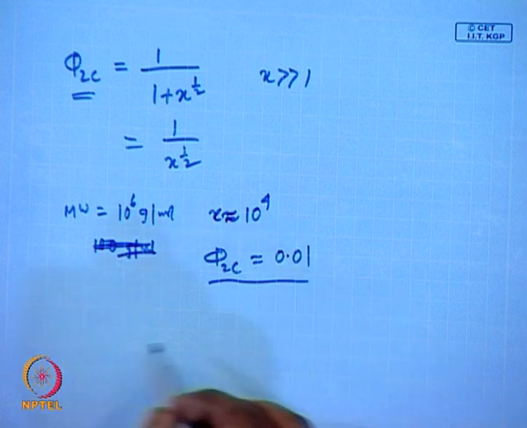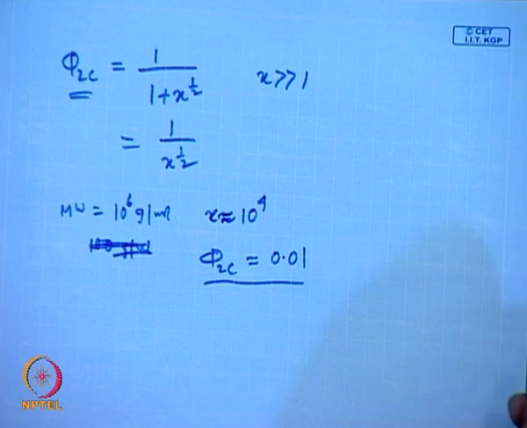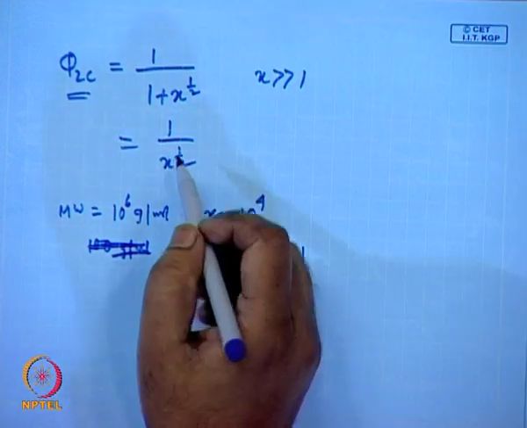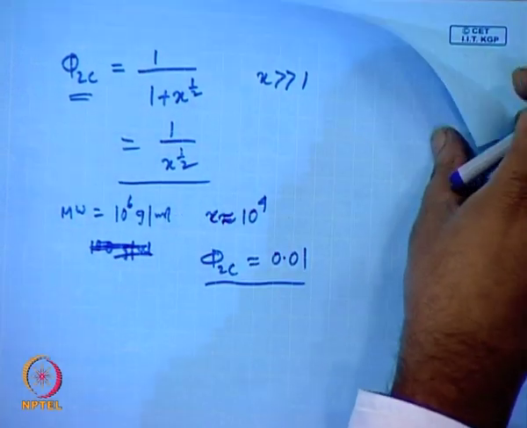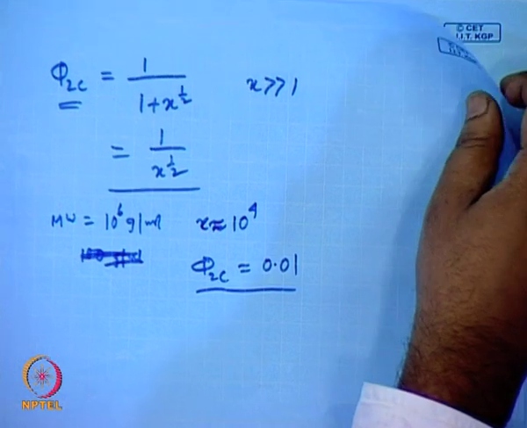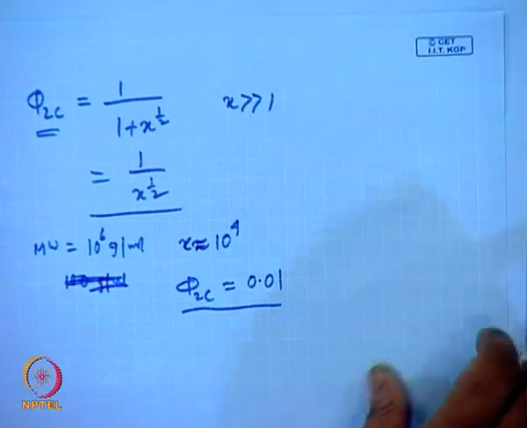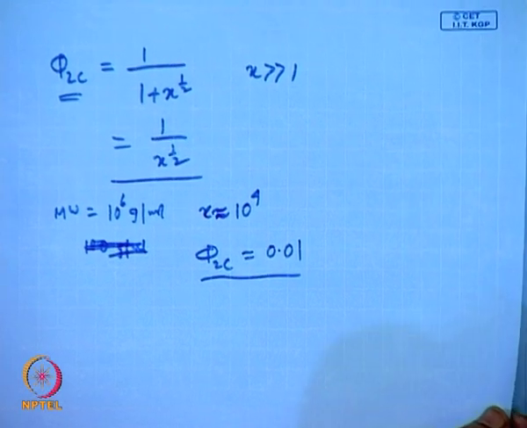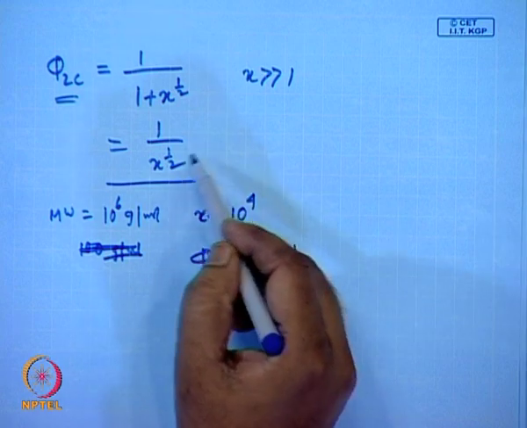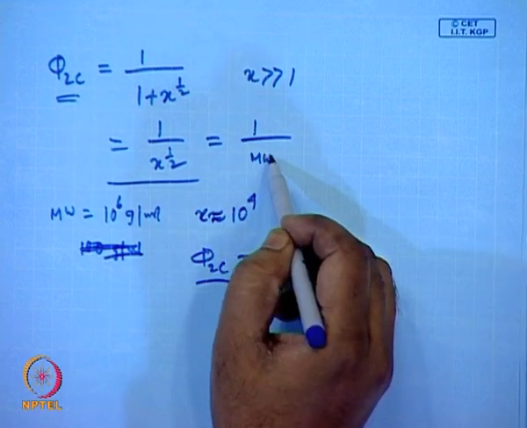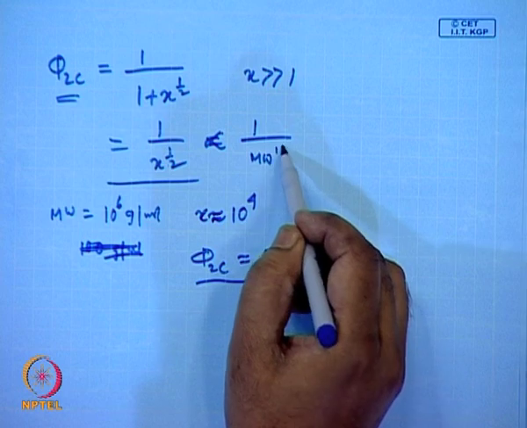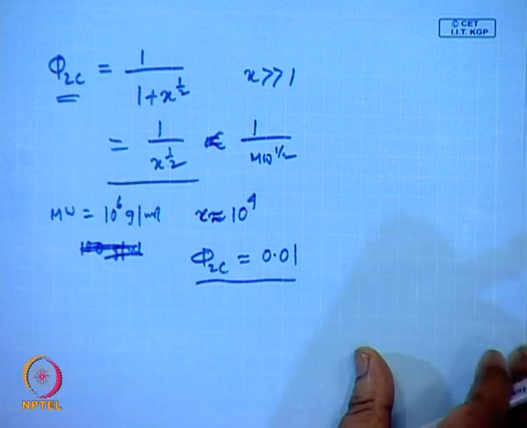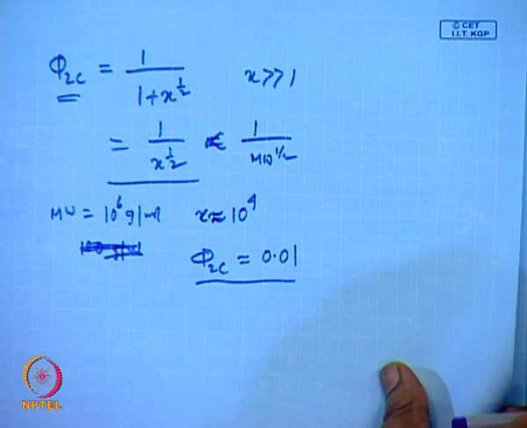So again this shows that the critical composition at which the polymer goes from a one phase system to a two phase system is highly dependent on the molecular weight, because this is proportional to molecular weight to the power half. So, as the molecular weight increases, this goes to lower and lower composition.